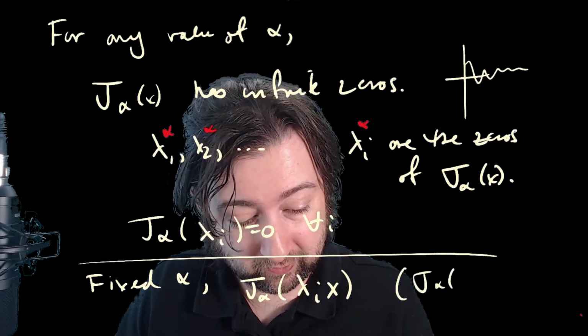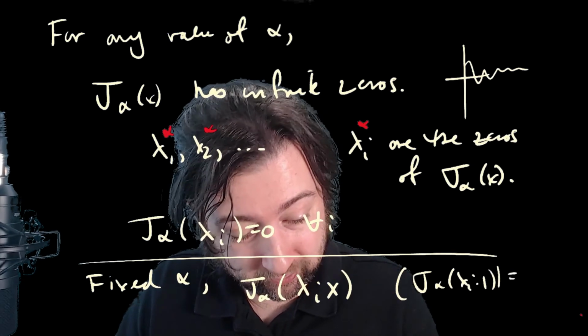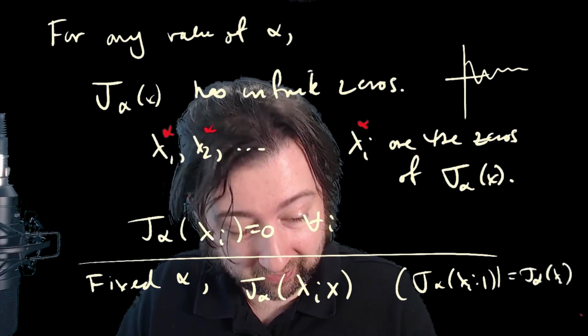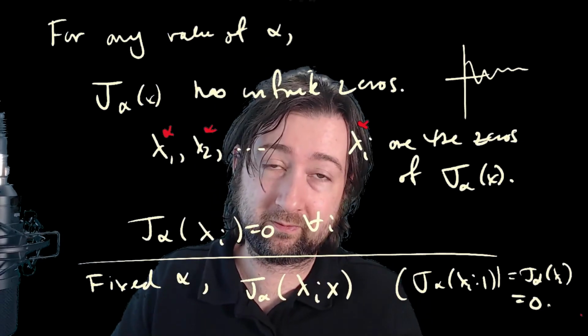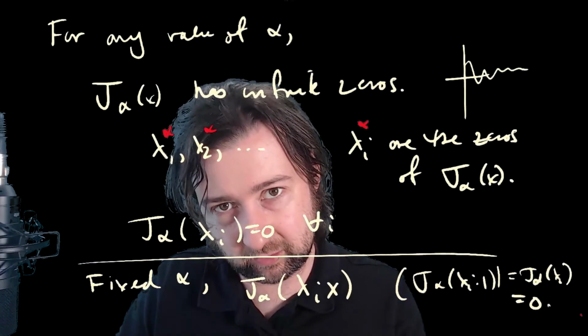J alpha of lambda I times 1 is just equal to j alpha of lambda I, which is 0. Okay, so that's a normalizing thing to make sure that all of these functions, when you put in 1, 0 falls out. So the first thing that we want to say about these functions j alpha: we have j alpha lambda I of x. There's a whole family of these